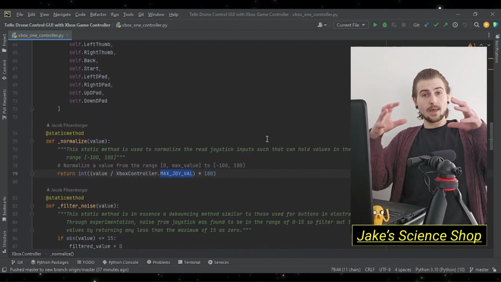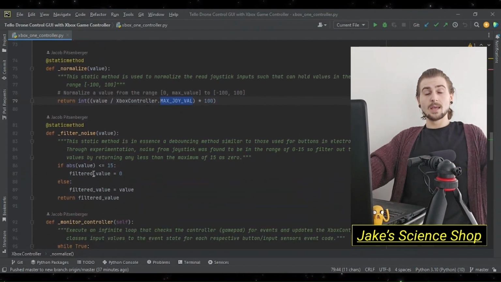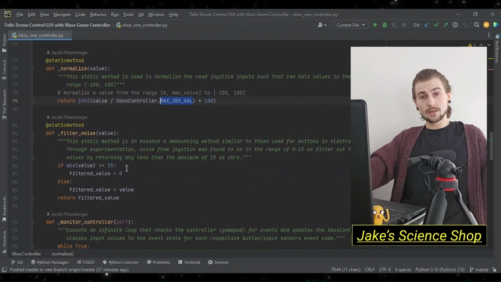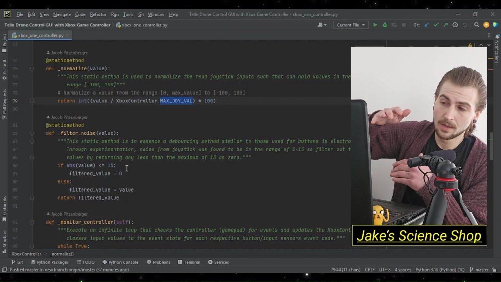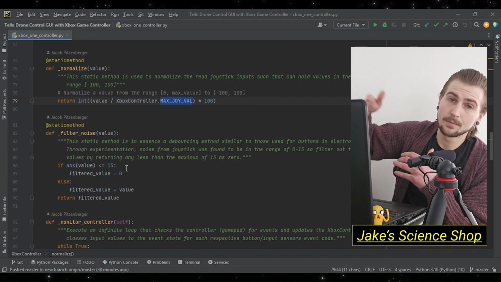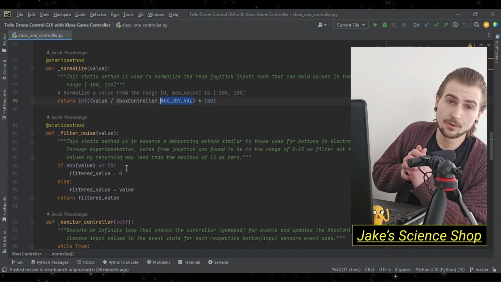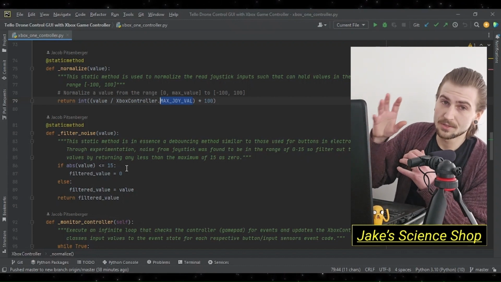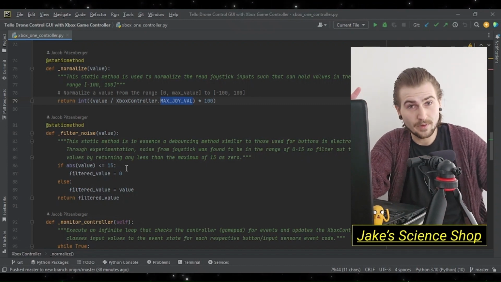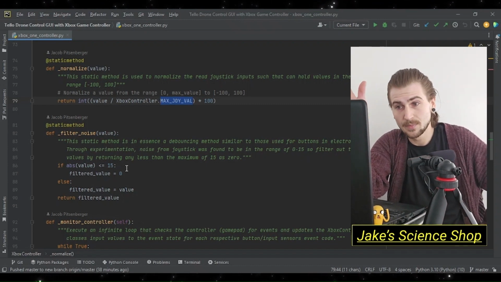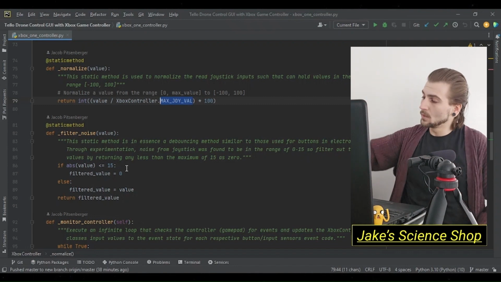But we also had that nested in this filter noise, where we took the value in and checked the absolute value of that value, because we want to filter out lower values. Negative speeds are in one direction, positive speeds are in the other direction. Regardless, we want to filter out any speeds below a certain value, which we decided to be 15. So we take the absolute value so that we get just that speed, and if it's less than 15, we set it to 0. Why? Because if we don't,